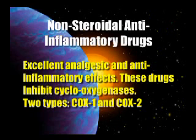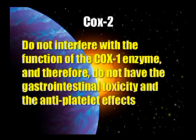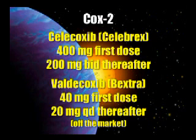COX-1 would be Motrin. We've all used Advil, ibuprofen, naproxen. Those are all COX-1s. COX-2, which do not have the gastrointestinal toxicity and the antiplatelet effect. Some good examples of those would be Celebrex. One of my favorites was Bextra, and it came on the market and was almost immediately removed from the market